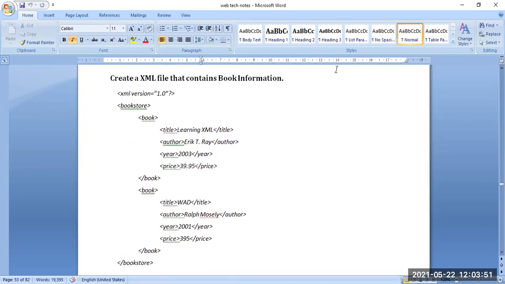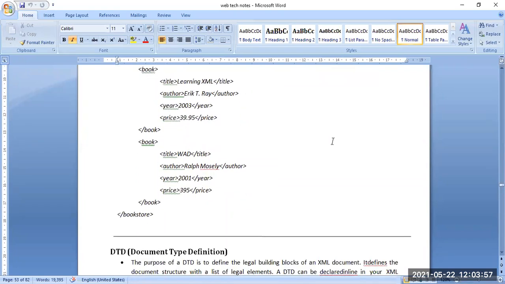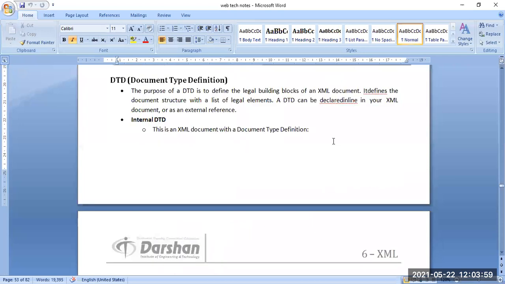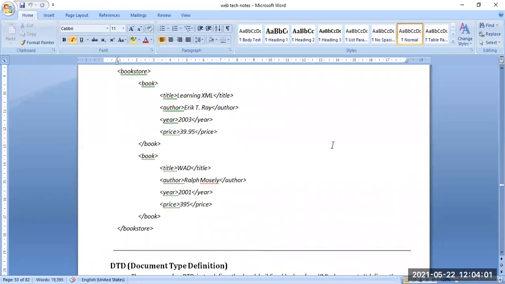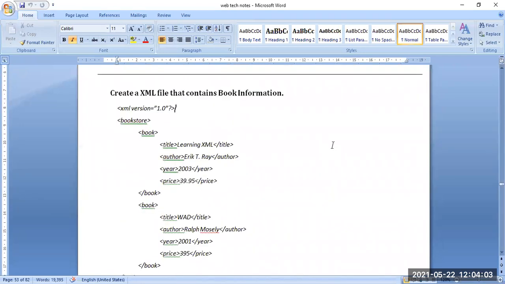So we will discuss only this part today, because in the later part there are some new things, like DTD and document infrastructure. That is a new part. So only what the XML file is, its contents, how to process the XML part, and how to write XML code or a query is mentioned here. This is the part where we are going to stop today.